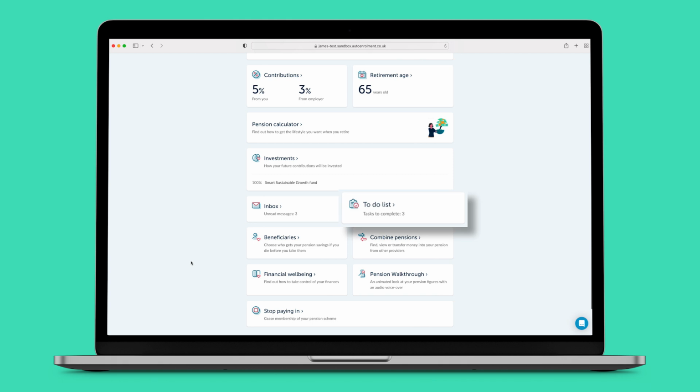The to-do list helps you keep on top of important things, like keeping your contact information up to date, confirming your details, and completing your expression of wish. Remember, if you have set your account up to your work email address, please make sure to provide us with your personal email address so we can make sure you don't lose track of your savings, even if you change